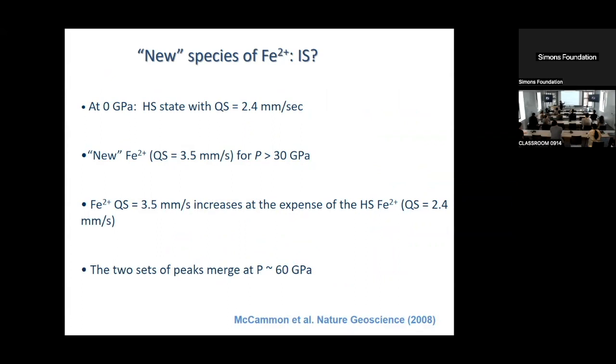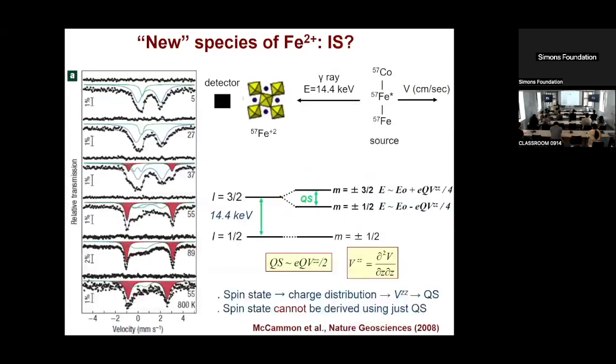You can see clearly in the Mössbauer spectroscopy that there are different kinds of iron with different quadrupole splittings coexisting at the same time, which is the sort of picture that we have in mind. At pressures beyond 60 GPa, there is only one kind of iron. So here is the Mössbauer data, just to show you how this looks. I hope I don't have to explain this to you, but this is